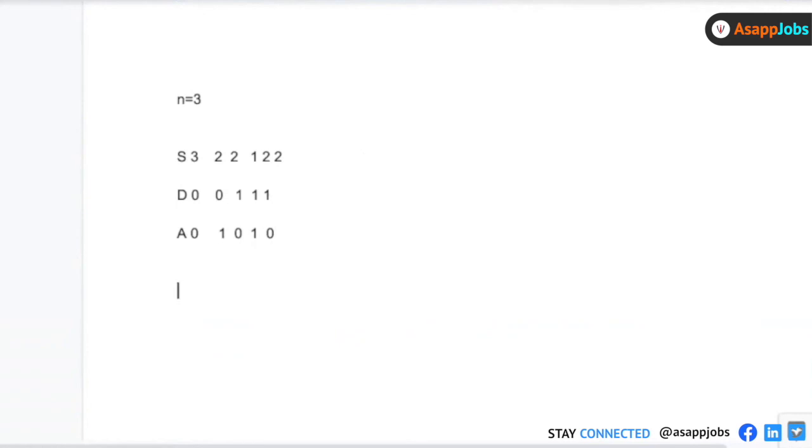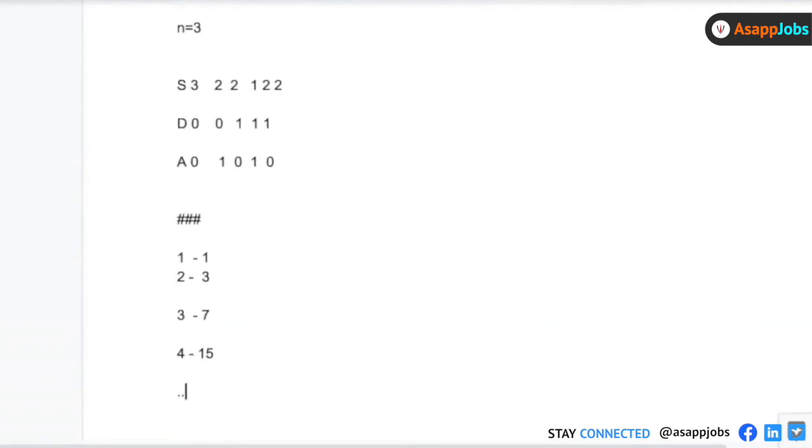There's another way to solve this problem, and it becomes very simple. What you can do in that case is try to solve for 1, and the value will come out as 1. If you try to solve for 2, it will come out as 3. If you solve for 3, it will come out as 7. And if you calculate for 4, it will come out as 15. So if you follow this pattern, it actually follows a pattern of 2 to the power n minus 1, right?